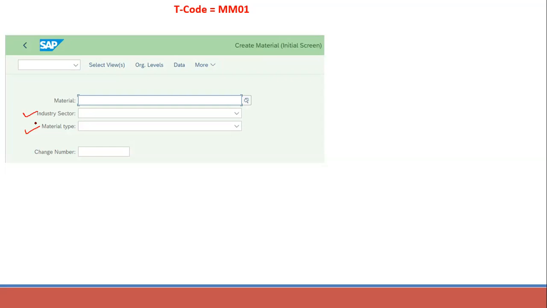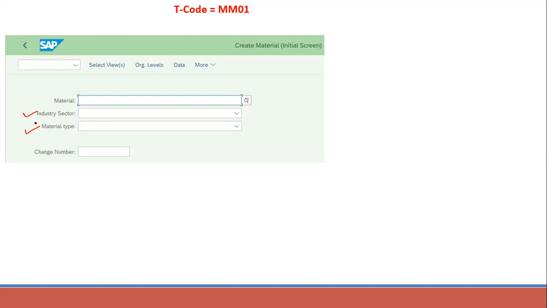The next is material type. In a manufacturing company, there are different types of material like raw material, semi-finished good, and finished good. The material type groups together all the materials having the same attributes. So all materials with the same attributes we assign to a material type.